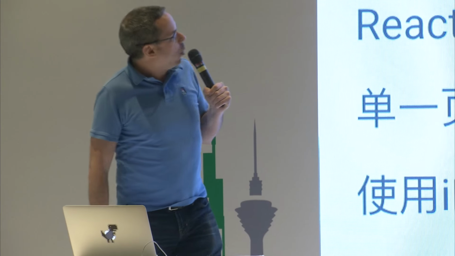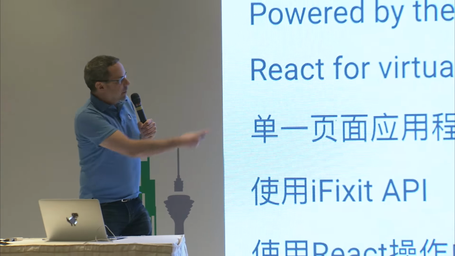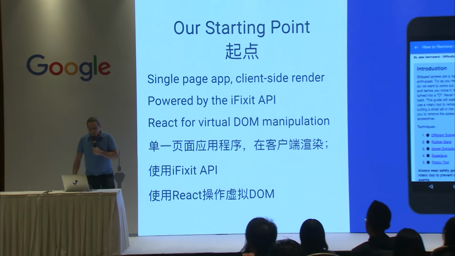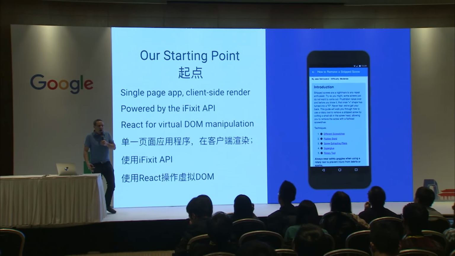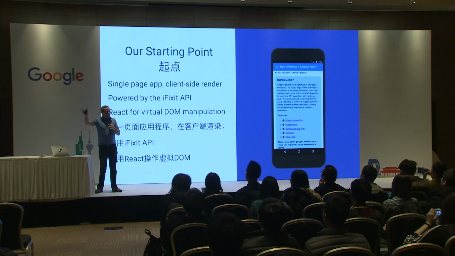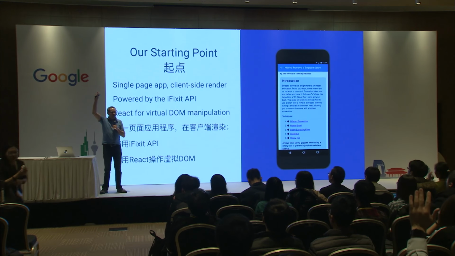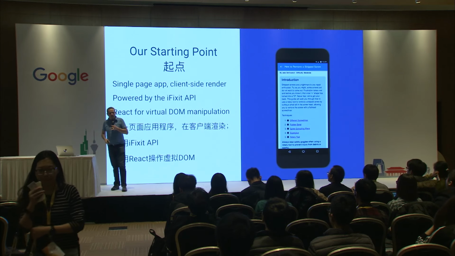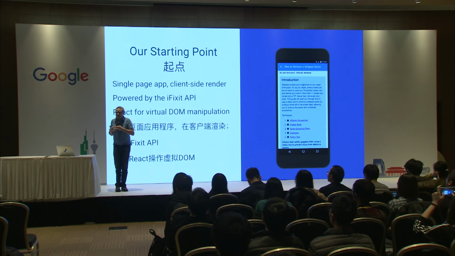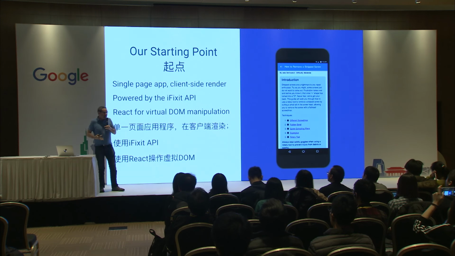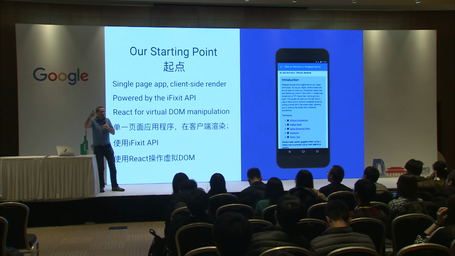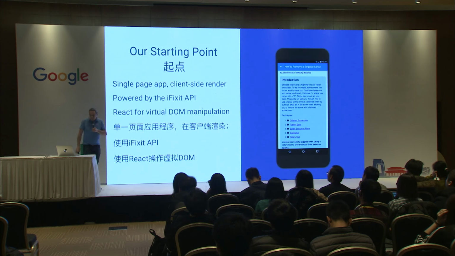So our starting point is this app here that you'll see on the right. And it uses the iFixit API. iFixit is, how many people are familiar with iFixit? Okay, so a few. iFixit is a site that does teardowns and takes products apart and shows you how to fix it yourself. So it's a pretty neat site in terms of some of the stuff that they have, but they also have an API so that you can write your own front end.